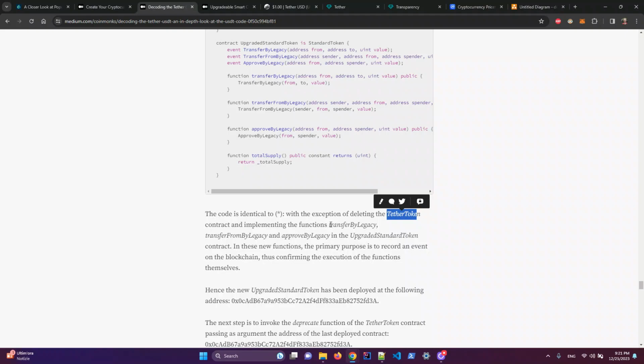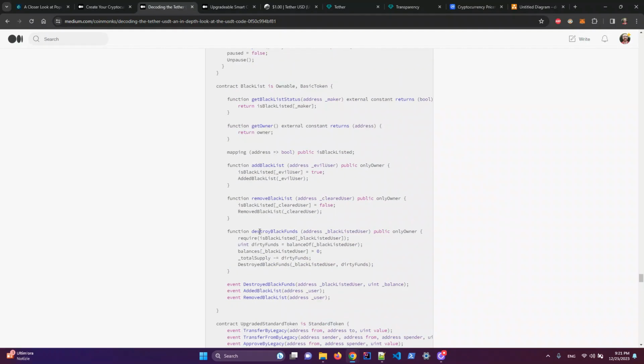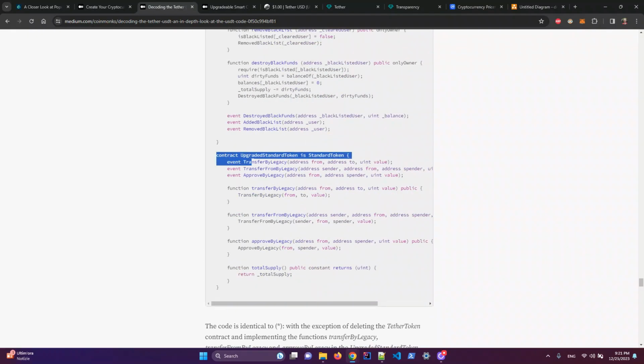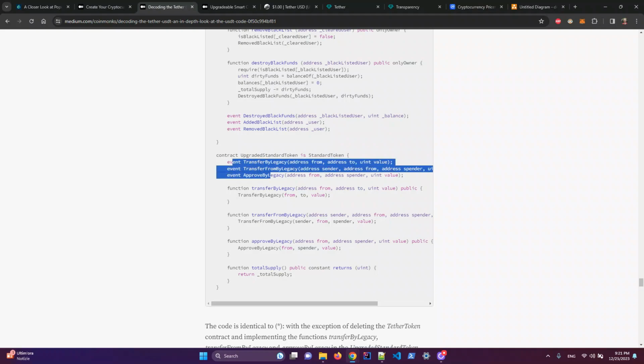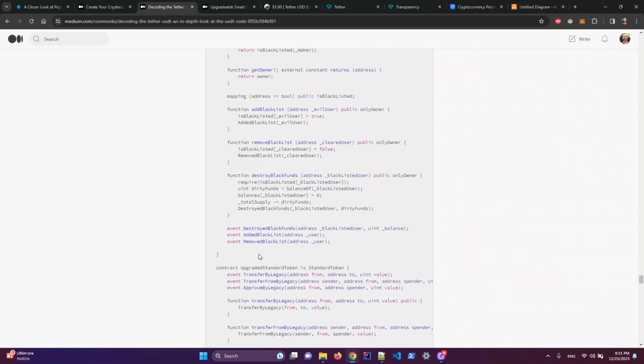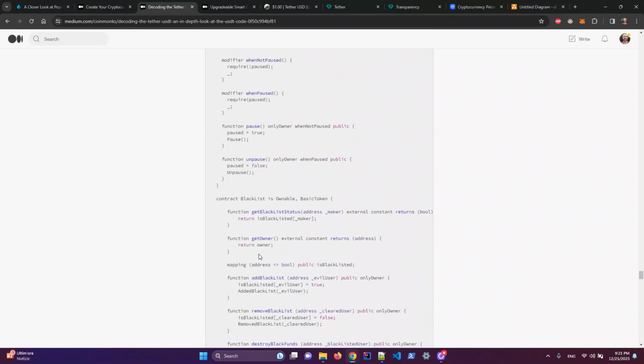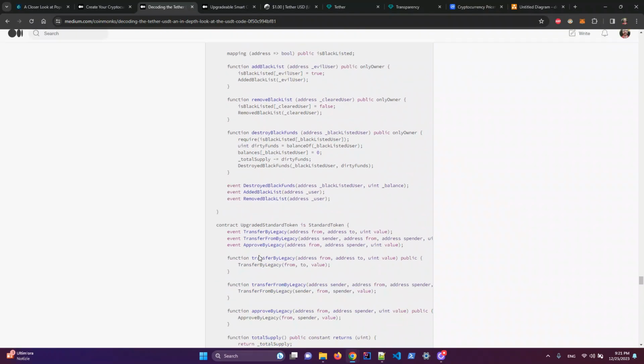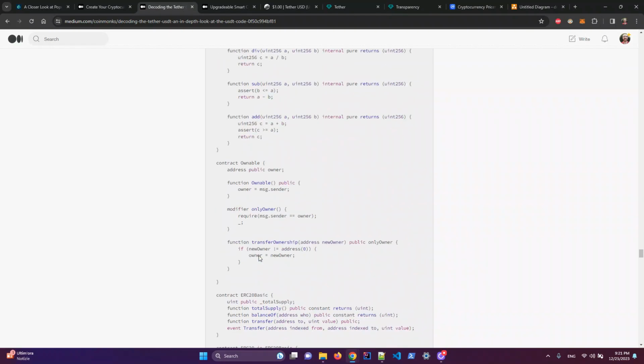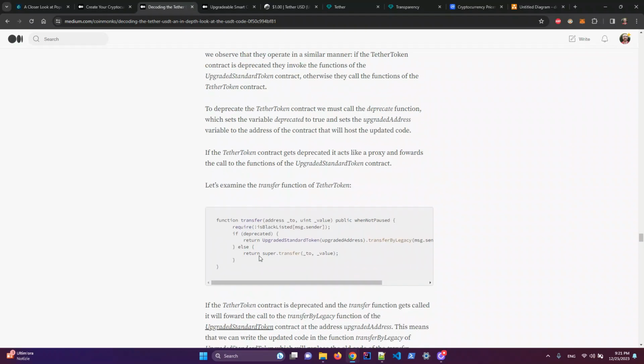I have implemented all the functions that were only defined in the interface: transfer by legacy, transfer from by legacy, and approve by legacy. As you can see here, there is the full code of the new contract. So what this contract basically does is emit an event when we call this function, 3 different events that have been defined here. This is to make sure that when we call the transfer function on the Tether token that we have here,